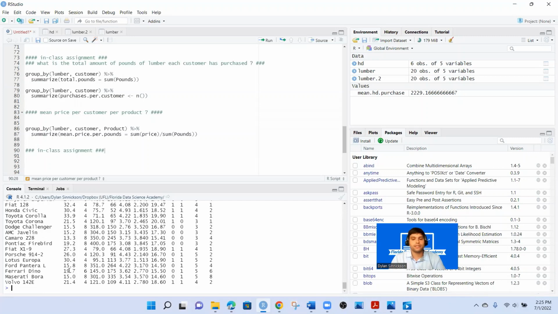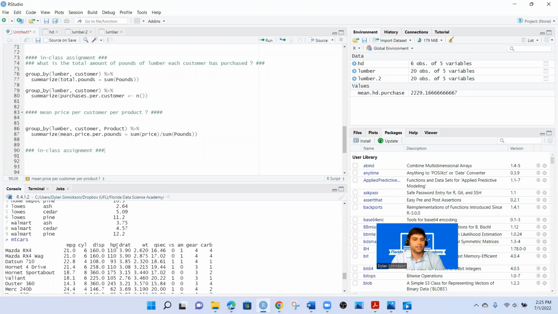And in this second in-class assignment, I want you to work with this mtcars data set and do some aggregating, finding mean miles per gallon and maximum horsepower and so on for cars with different amounts of cylinders. So the question I want you to answer is, I want you to find the mean miles per gallon, the maximum horsepower,